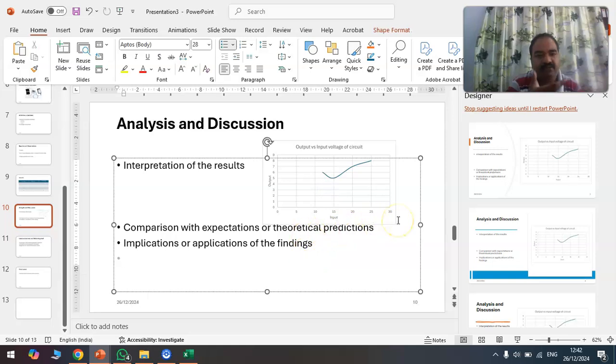Okay, and write some 1 or 2 comments, that output voltage is increasing with respect to input voltage, like that. What are the patterns which you observe? It's about you doing the analysis of your readings, of your outputs. Okay, and in the next